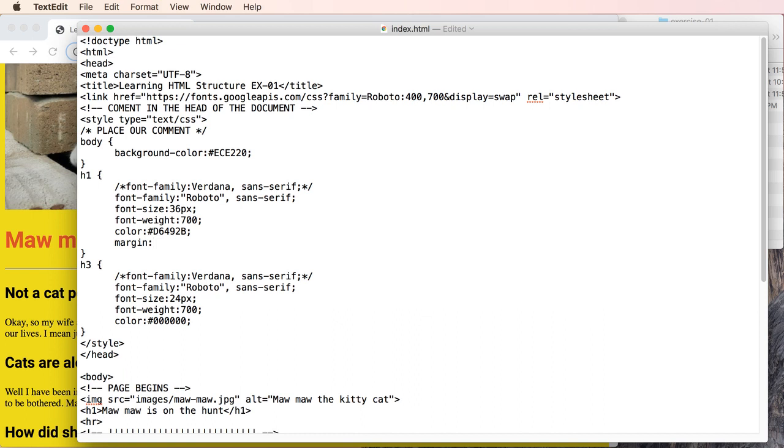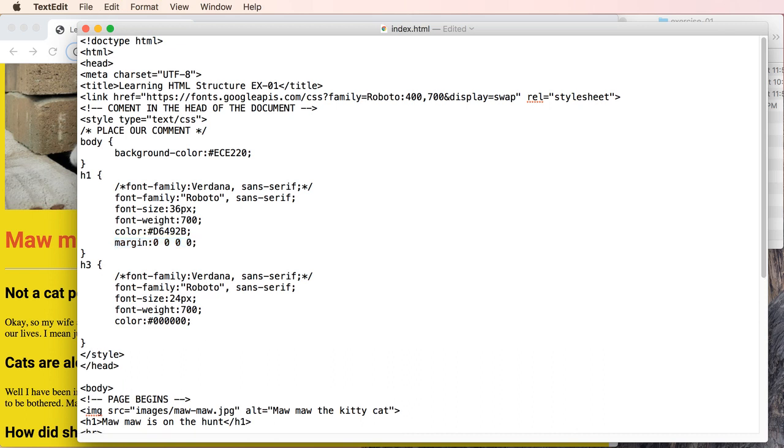So let's just do margin 0, and if I do 0, then this is 0 on all four sides: top, right, bottom, and left. If we want to address each of the sides, we can do something like this. So the first, this is the top, this is the right side, this is the bottom, and then this is the left. And then let's go ahead and add a semicolon, and then I'm going to copy margin like so,